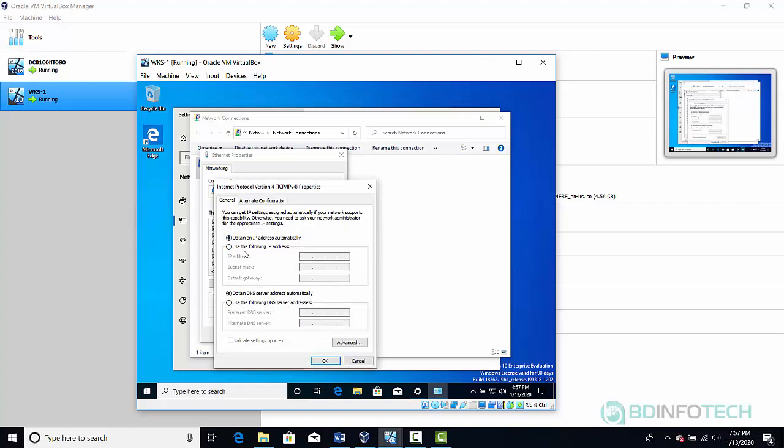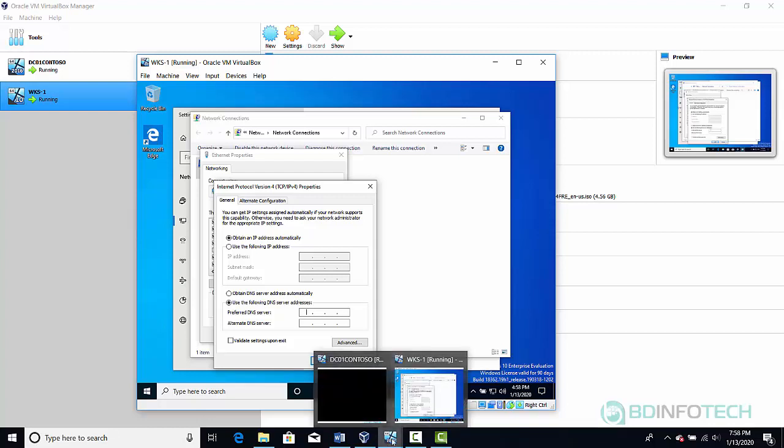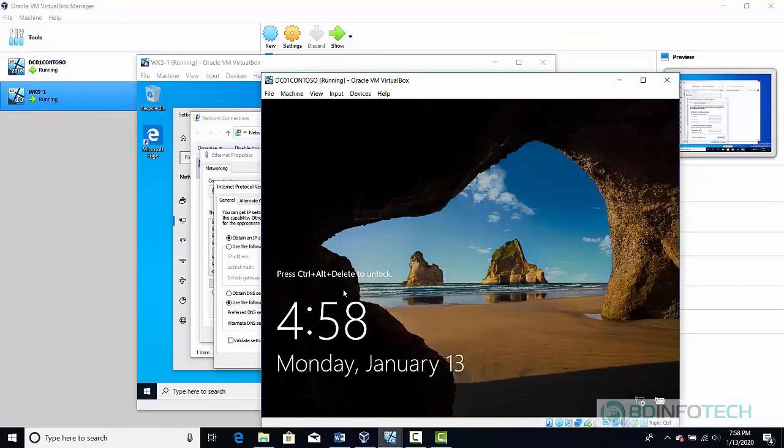and now IP address, let's leave it as it is, to obtain an IP address automatically, because we don't need any static IP address for the workstations, but we'll have to use the DNS address for server. So use the following DNS server address. If you do remember, our IP address for the domain controller was 192.168.1.10. If we forgot, then we'll have to go back to the DC, log in, and check the IP address